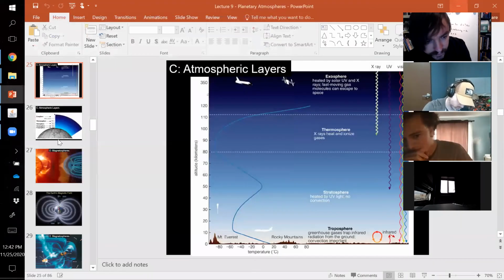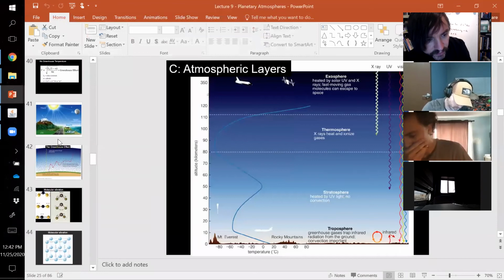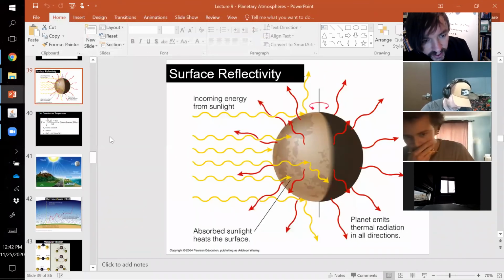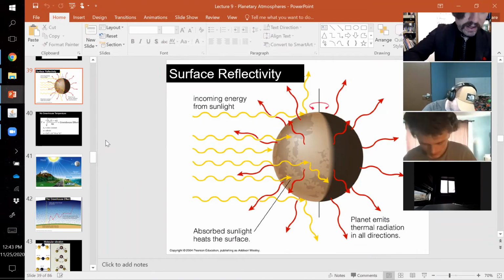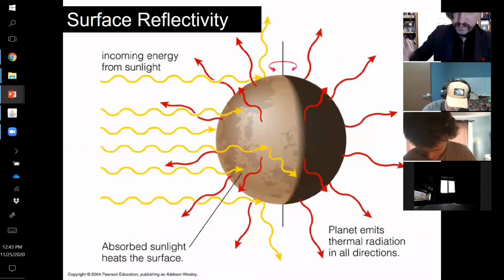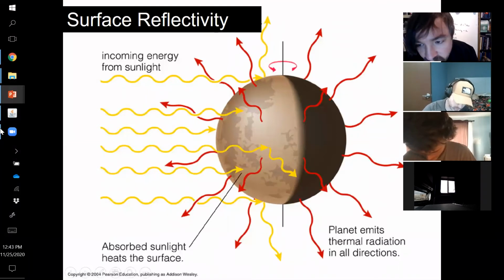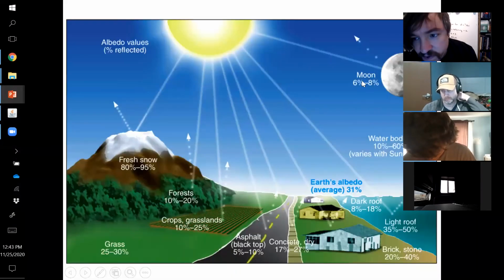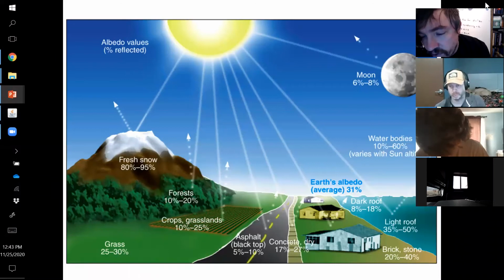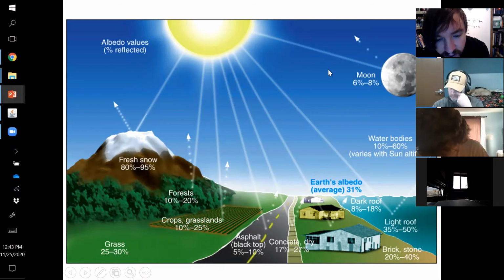Okay. So let me show you a picture. Here's the cartoon that we're imagining. And I'm going to ask you guys the question, how hot is my airless planet in space? So how hot is the surface of the moon? How hot is Mercury? That will depend upon your distance from the sun and also what percentage of the sunlight that you absorb. Here's a cartoon showing you some various albedos of different substances from your daily life.